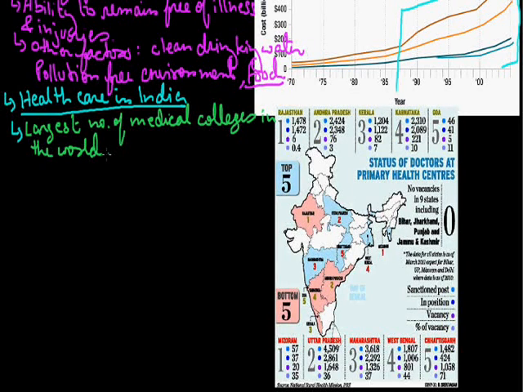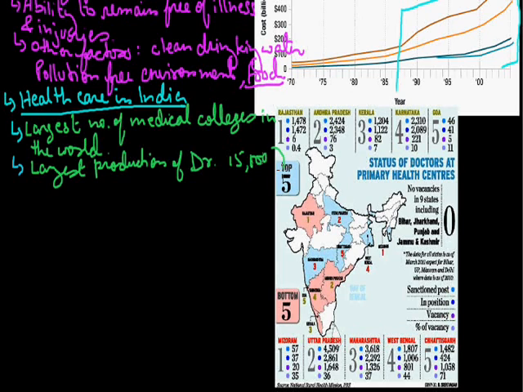India has the largest number of medical colleges in the world, and it is these colleges which produce the largest number of doctors, approximately 15,000 every year. So India produces 15,000 new doctors every year. As we saw in this map also, the healthcare facilities